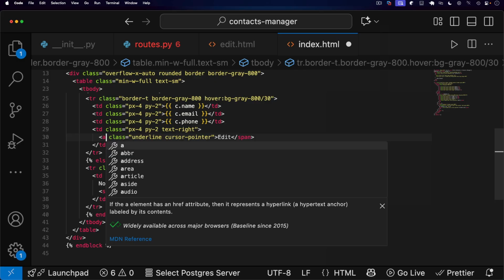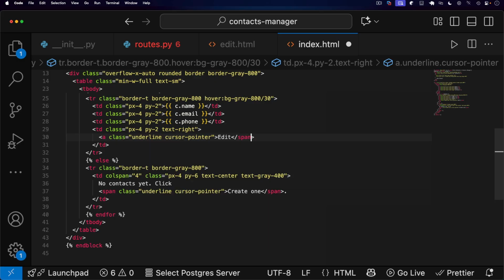I'm just going to take that span and replace it with this. And let's actually work on the href here. Let's do a url_for, and we're going to do main edit